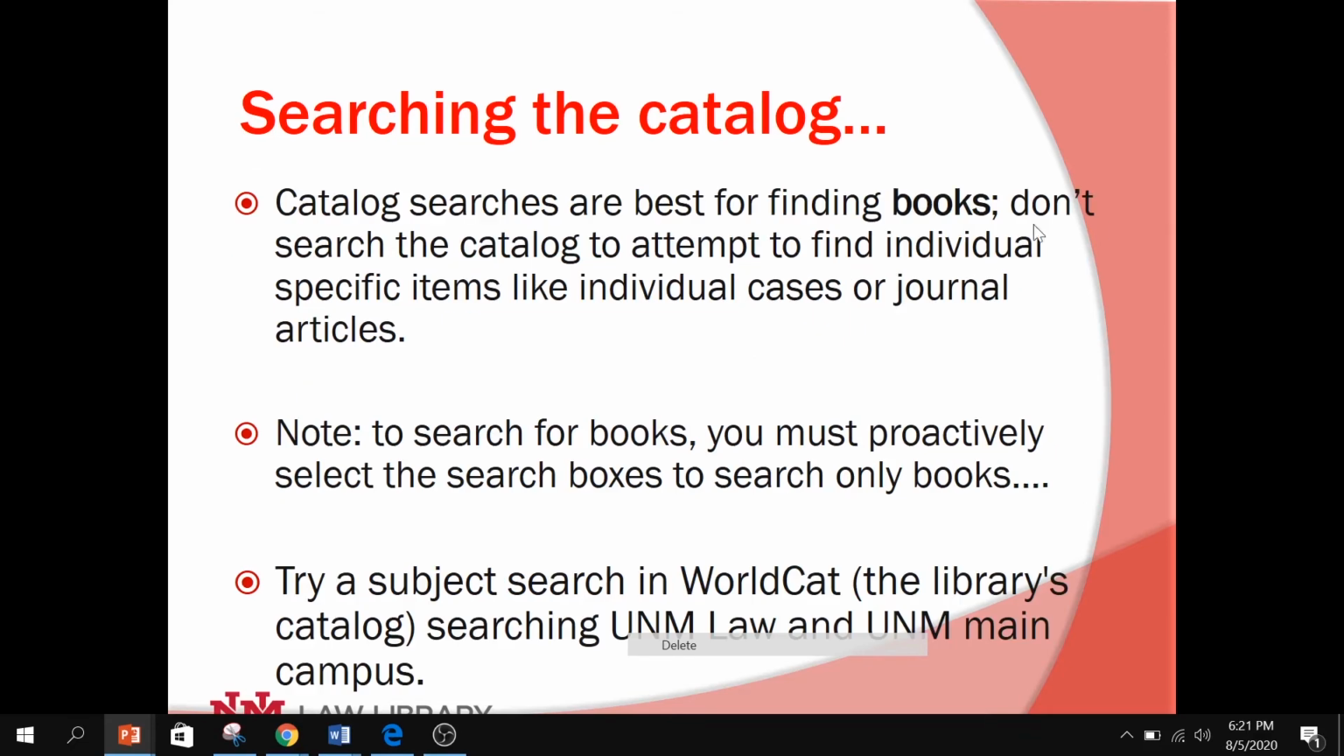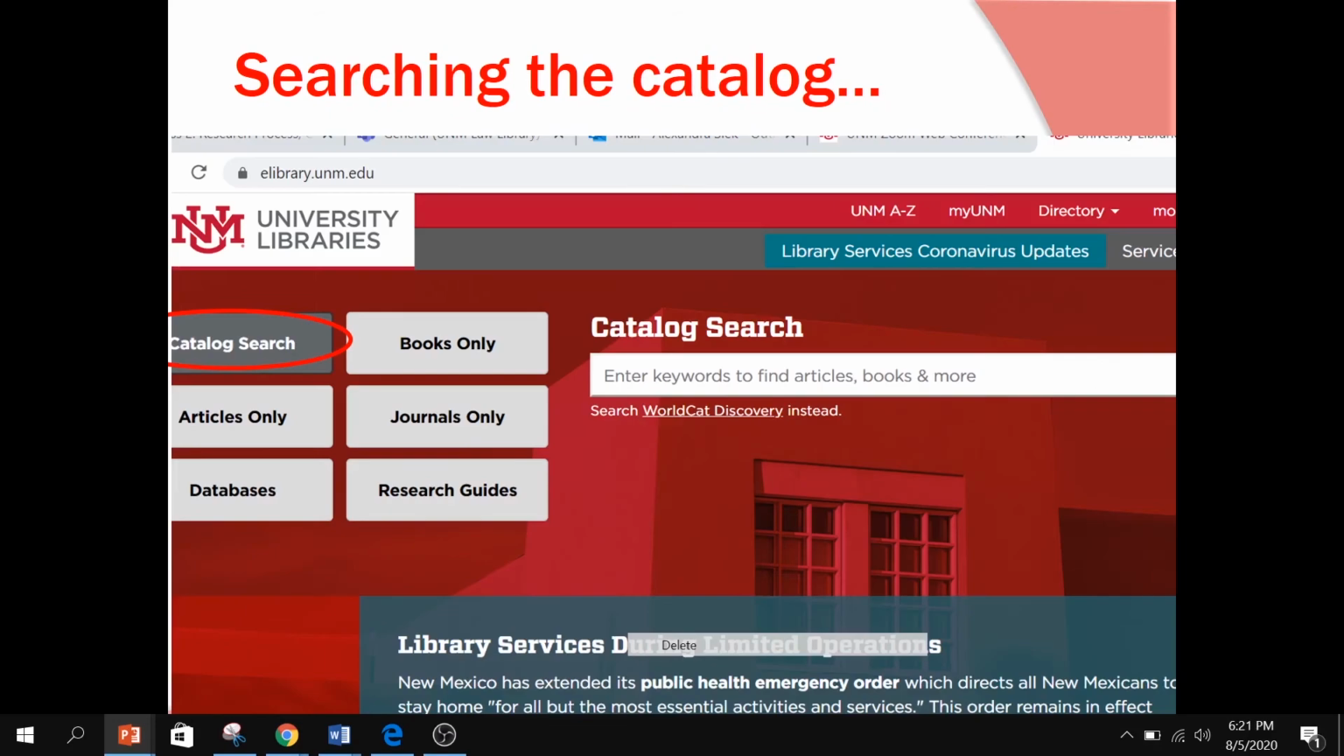Note that catalog searches are best for finding books. Don't search the catalog to attempt to find individual specific items like cases or journal articles. To search for books, you have to proactively select the search boxes to search only books. For example, if you click on catalog search here,